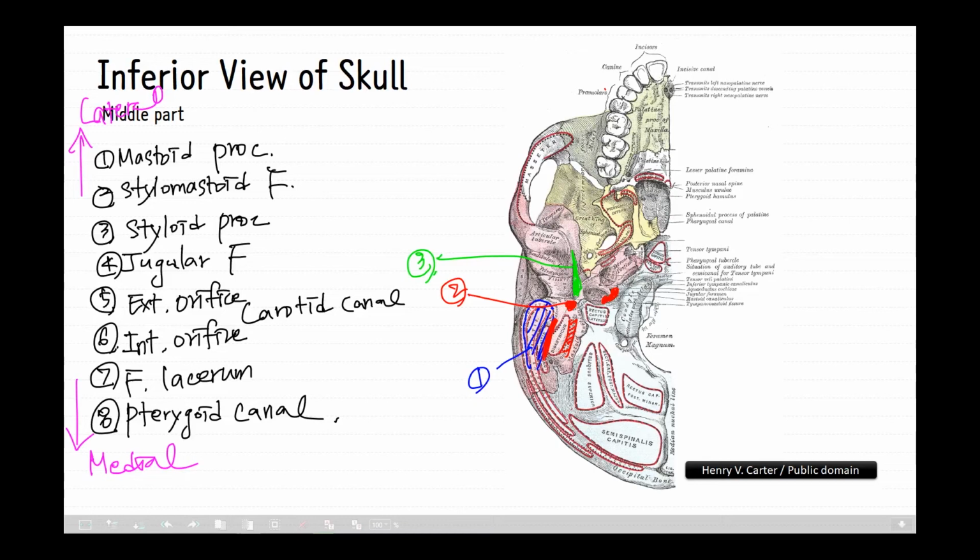The lower border of the jugular foramen is smooth and formed by the lateral part of the occipital bone. This is the occipital bone, as you know. The upper border is sharp and irregular. It is formed by the petrous part of the temporal bone. As you know, this is the petrous part of the temporal bone. It contains a notch called the intrajugular process. And this small blue colored triangle is the intrajugular process which divides the foramen into a larger posterolateral compartment